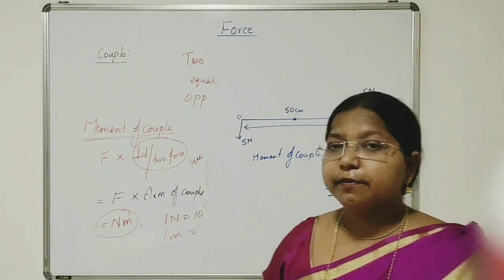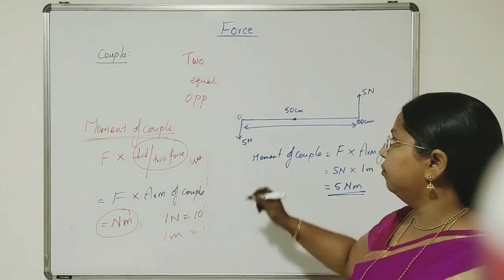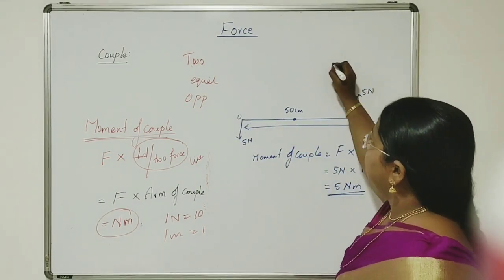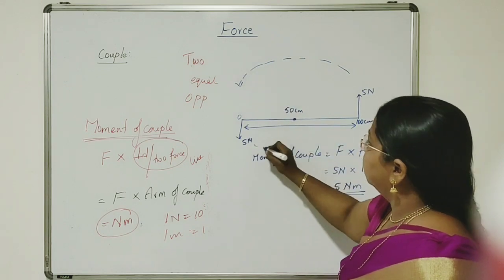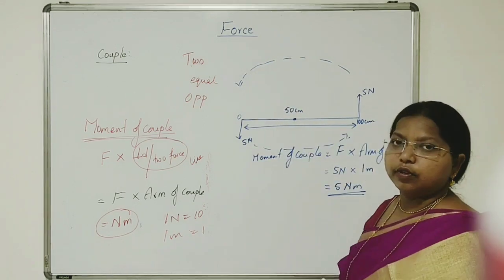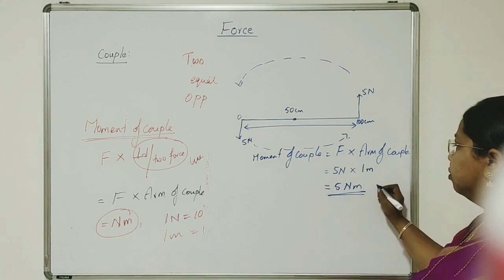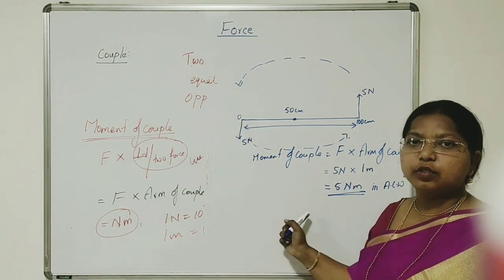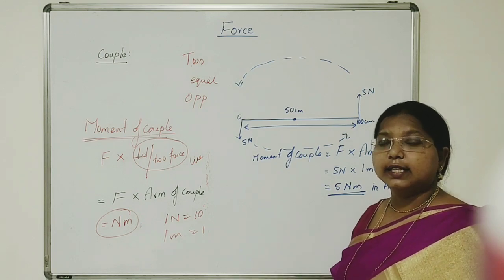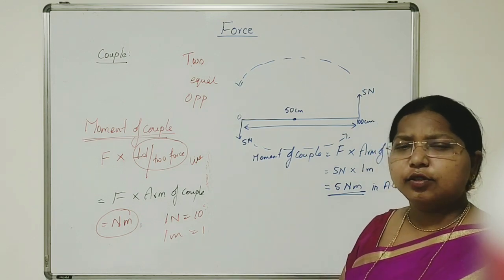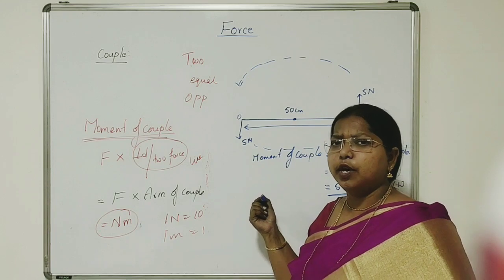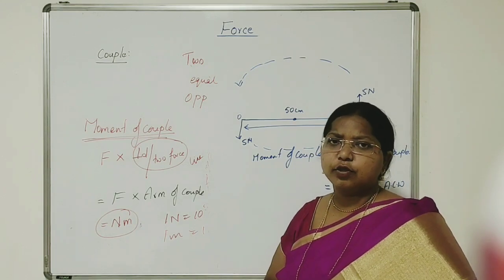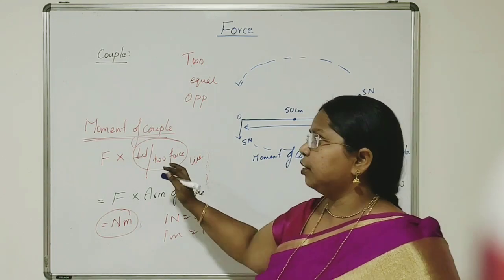Okay. So this 5 Newton meter, in which direction was it moving? Because of this one and the second force, the resultant is in anti-clockwise direction. So the resultant moment of couple is in anti-clockwise direction. So this is the method, or this is the model they have asked in 2014 regarding moment of couple.